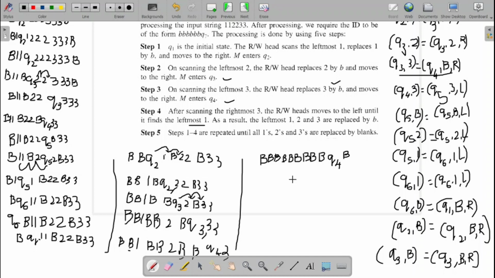So now what is the next case? I told you the tape is of infinite length. So this is for 3 1s. This is for 3 2s. This is for 3 3s. All the things will be made blank. So now what happens? Q4. This case is your previous iteration.